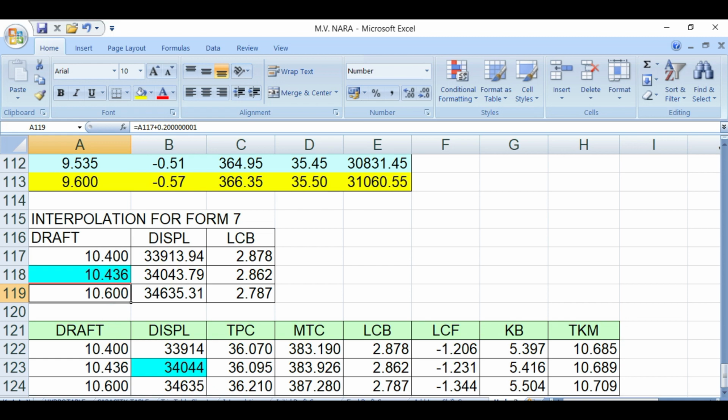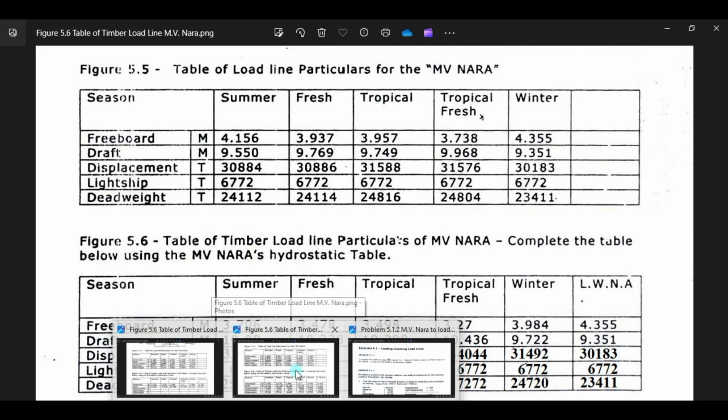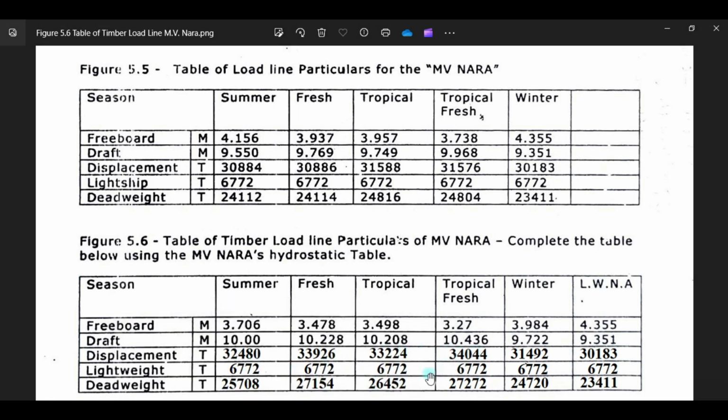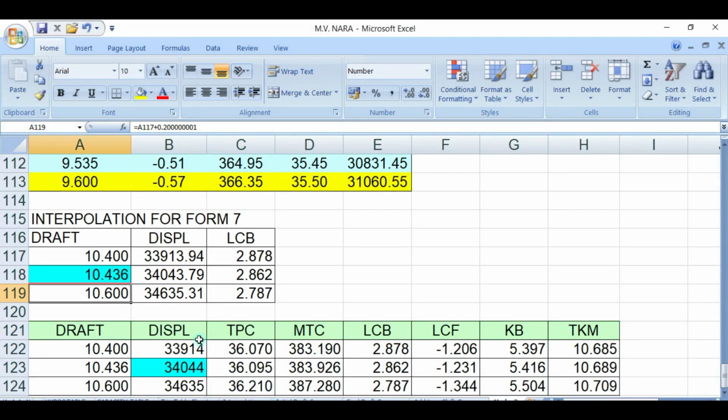Is that correct? 10.436. What will be the displacement? Displacement will be 34044. So here we got 34044.